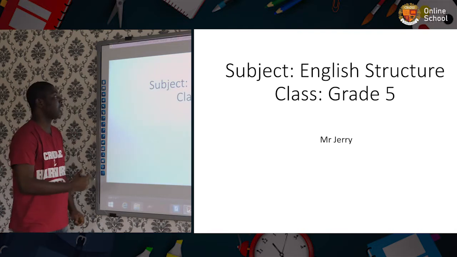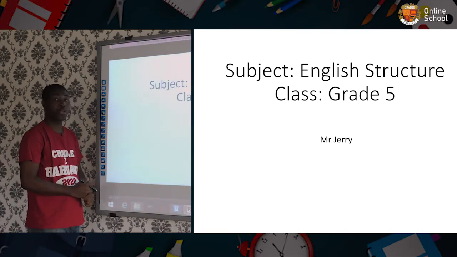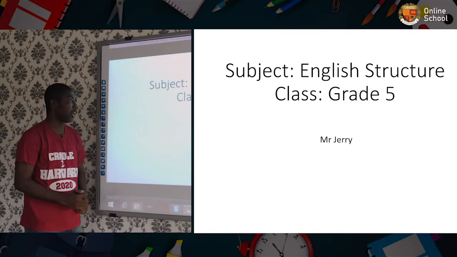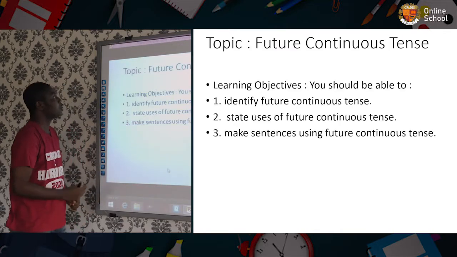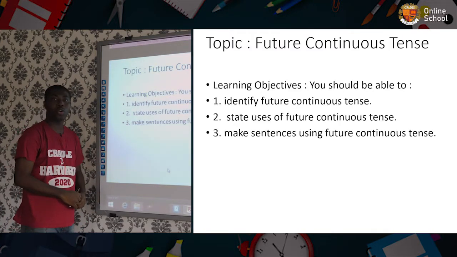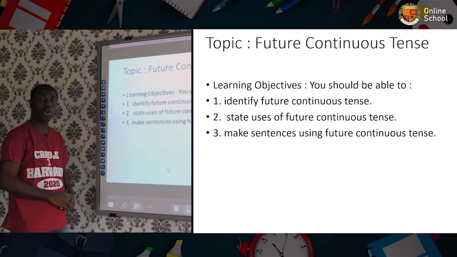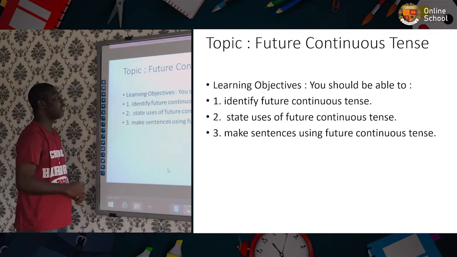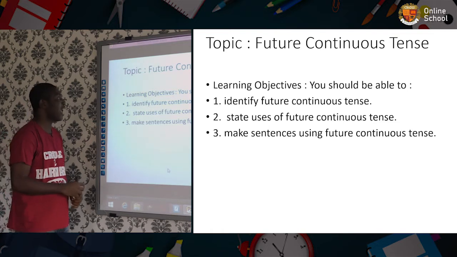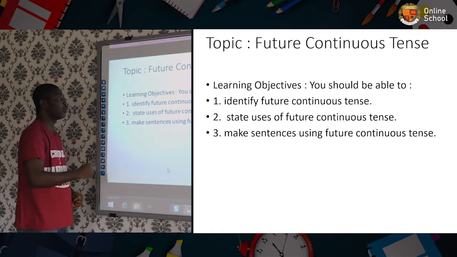All right, we shall be looking at English structure for grade 5. My name is Mr. Jerry. The topic we have before us is the future continuous tense. The future continuous tense. And our learning objectives: by the end of today's lesson, you should be able to